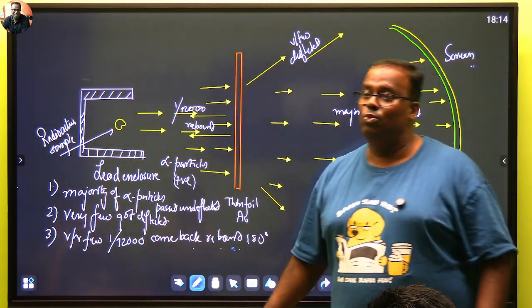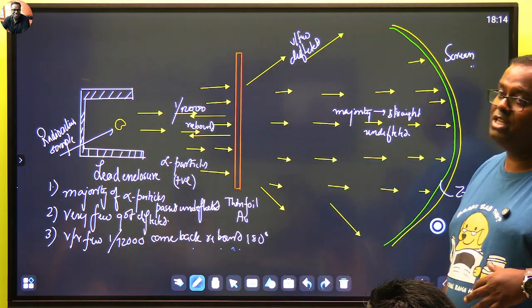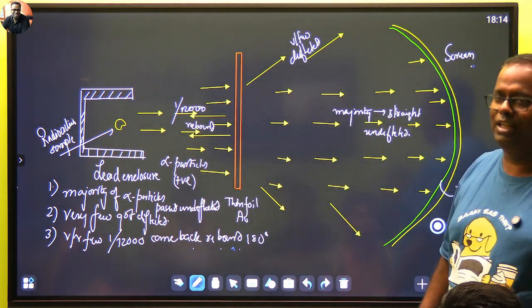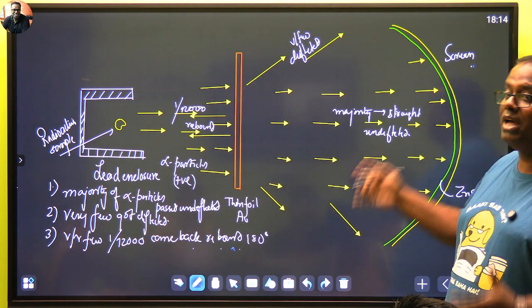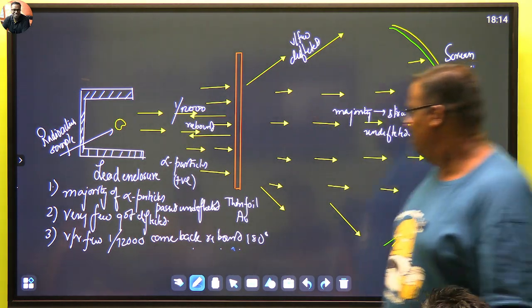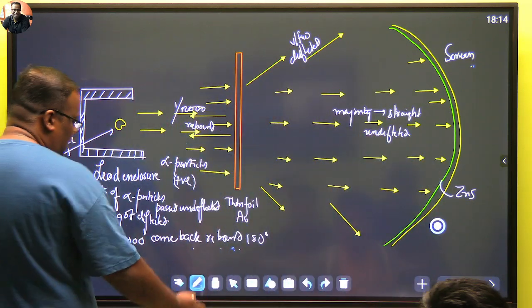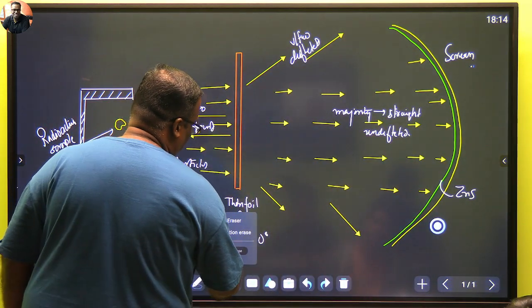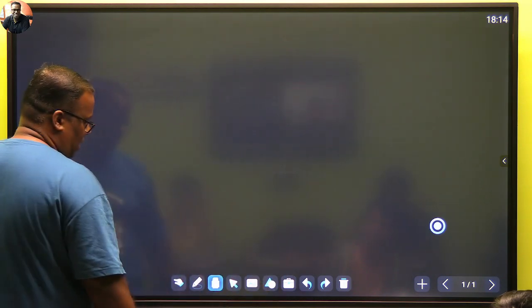Now we have to demolish J. J. Thomson's model with this finding, right? So we will now marry this with the J. J. Thomson model. Are you ready? Do you remember this diagram? Okay? We don't keep this diagram aside. Okay, I need the screen. So I'm taking it off now. Now let's understand this once again.